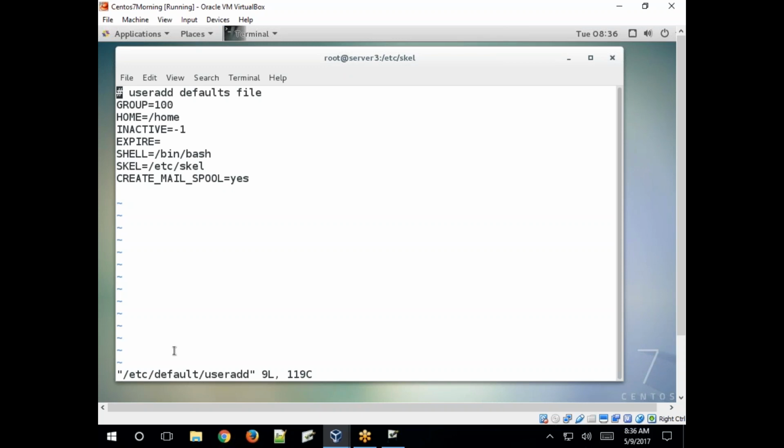So the default home directory is /home. You can also modify it and specify another directory as the default home directory. If you create a user with useradd and a username, that user's home directory will be created in the specified home directory.